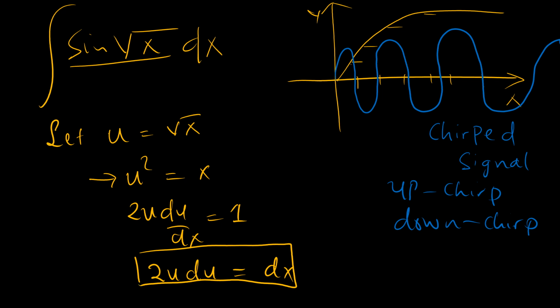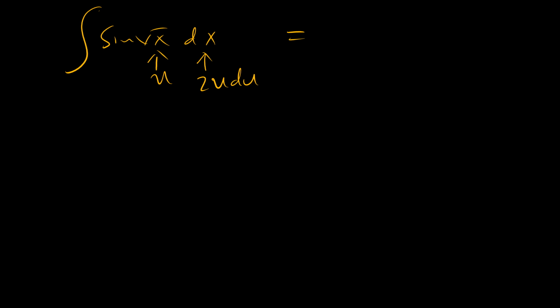Okay, now what happens? So if we have that, this is going to be u and this is going to be 2u du, so this integral becomes sine of u